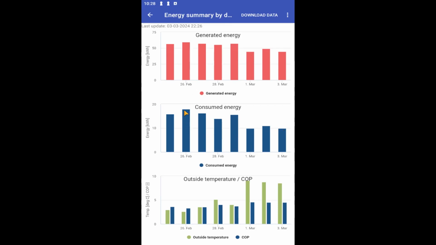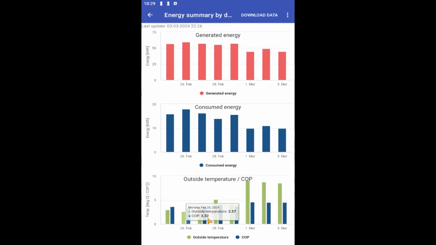Additionally, we observe the relationship between outdoor temperature and coefficient of performance. If the outdoor temperature is sufficiently high, we see that the coefficient of performance is naturally higher, and conversely, if the outdoor temperature is lower. When we click on the data, we see the outdoor temperature at 2.57 and a coefficient of performance at 3.32.